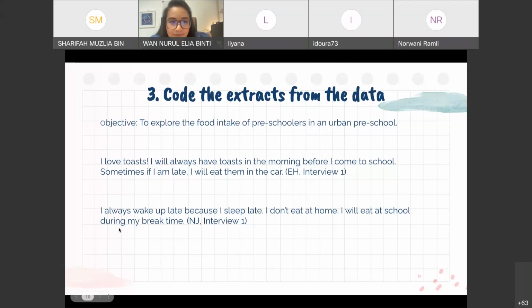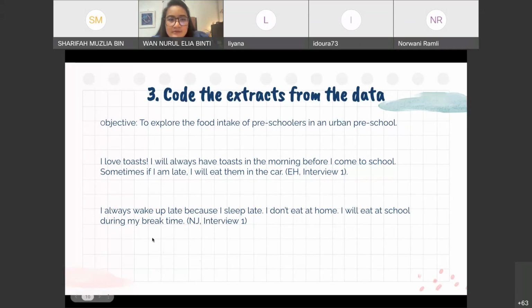Second one. Okay, second statement. I always wake up late because I sleep late. I don't eat at home. I will eat at school during my break time. Again, look at the research objective, guys. When you are coding, you have to remember what your research objective is. Okay, Amrina said school.